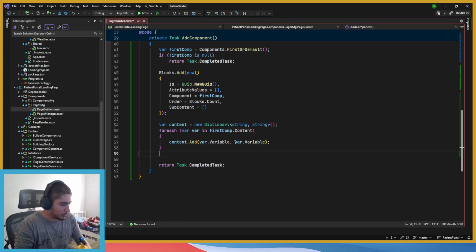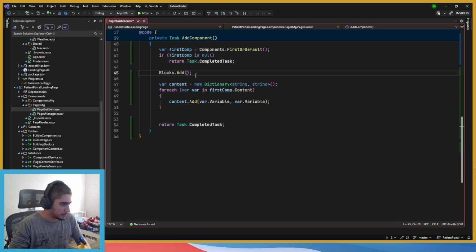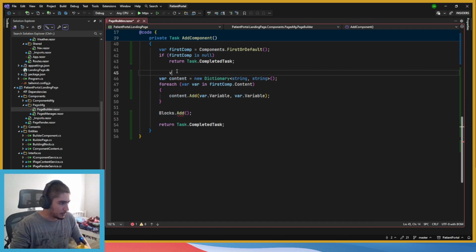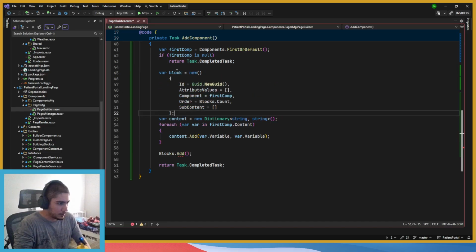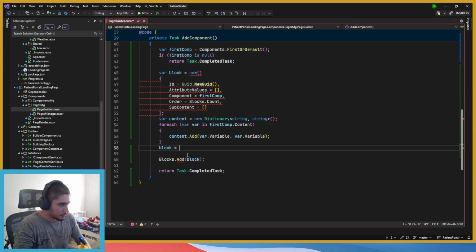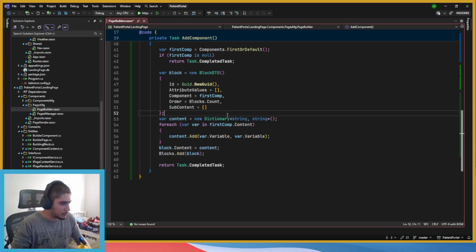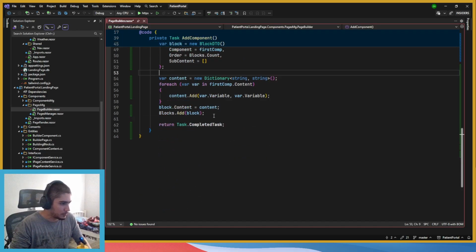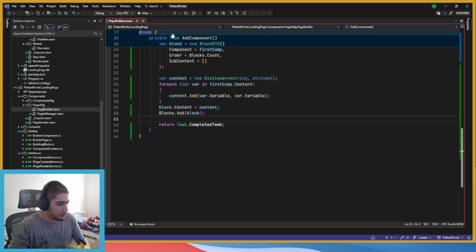And then we're going to go for, okay, yeah, I forgot. var block, and then we add the block. Yep. Block DTO, block this content equals content. Should probably do it. Yeah, this should do it, I guess. Well, now we're going to launch the thing. Okay, let me check on my AI thingy while it's dying.